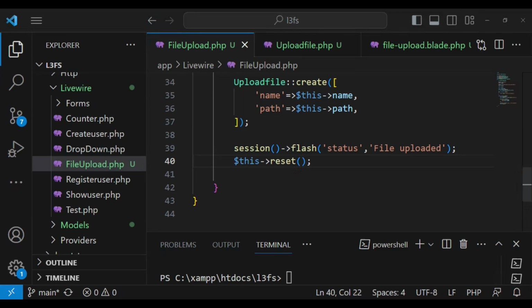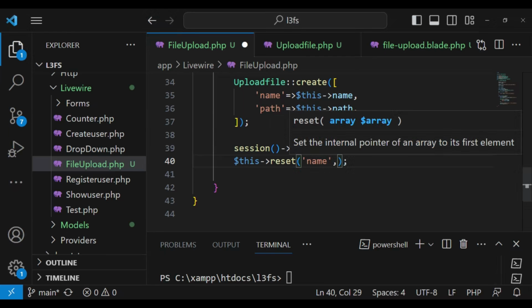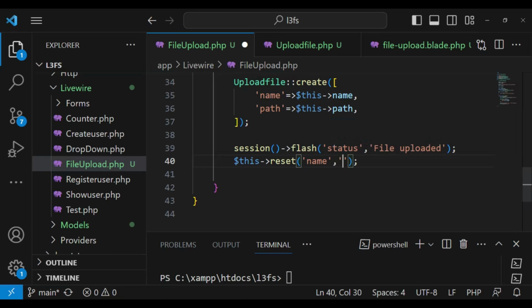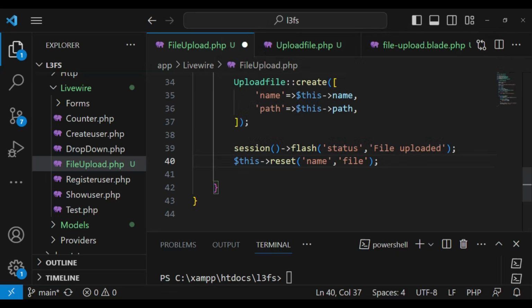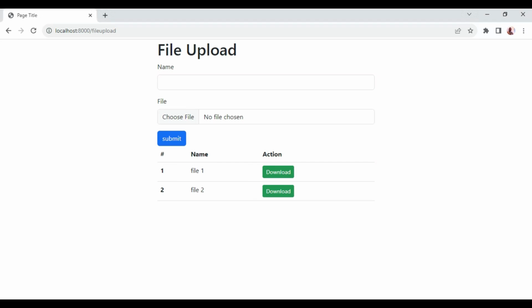We can go ahead and maybe reset the name, maybe reset the file, just those two, instead of resetting even the downloads, because that is the reason why I have figured it is giving us that. So basically we can have that, or else